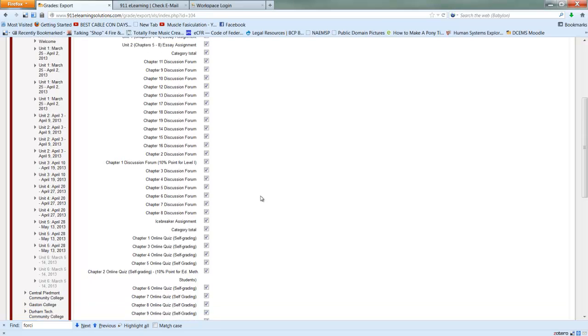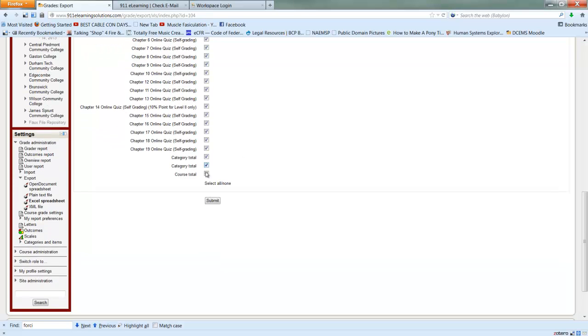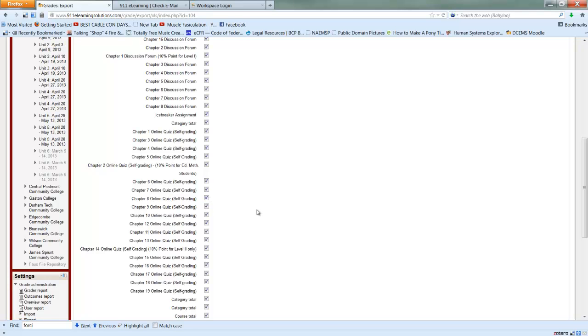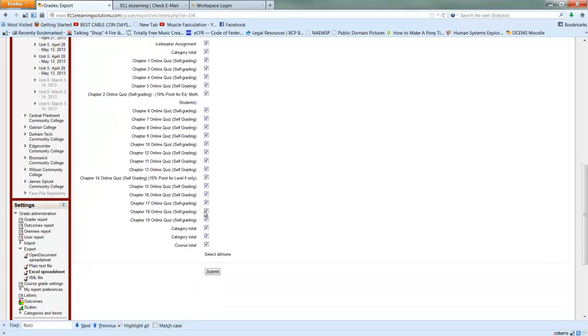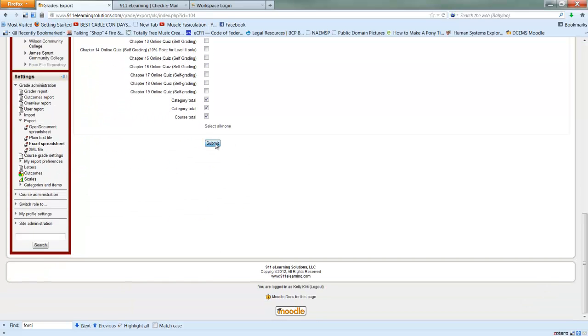Now here what this has is the different grades that you want to export, and if some of these grades are not relevant, you should go through here and take the checks out of the individual areas that are not relevant to that particular group. So let's say for example in this one, I know these are not, we're going to take all of these out. Okay, and let's say that's all the ones that are not relevant. So once you're finished with that, we're going to click submit,